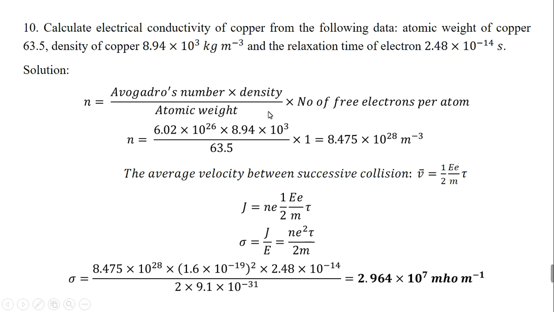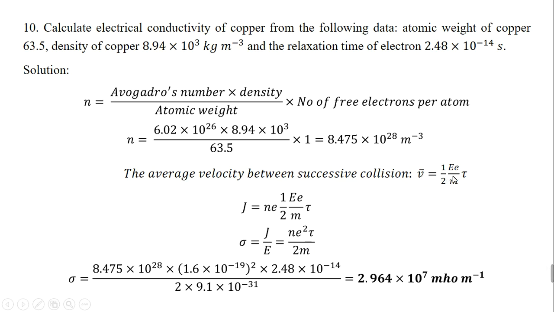Now, the formula we have to use is according to our derivation in free electron theory, the expression for electrical conductivity we derived. There we use sigma is equal to Ne square tau by 2m. I have written these steps to help you understand how we get this. Suppose you are unable to remember it at the time of examination, you can go for a basic calculation of the electrical conductivity expression.